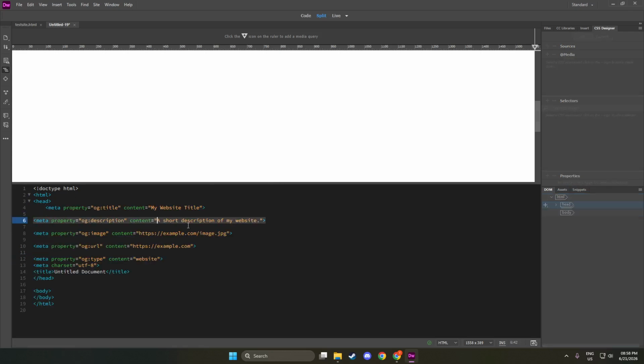Once you've located the head section, it's time to add your open graph tags. Insert them just before the closing head tag. Use the following code: meta property equals OG:title, content equals my website title. Meta property equals OG:description, content equals a short description of my website. Meta property equals OG:image, content equals